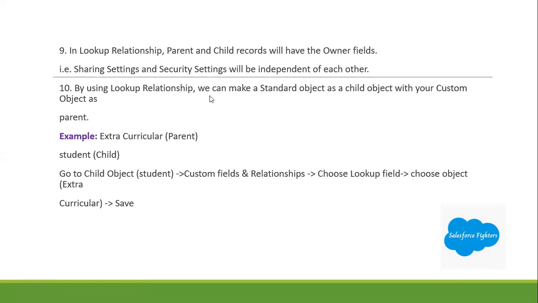By using lookup relationship, we can make a standard object the child object of a custom object. Parent example: Extra Calculator, parent, Student, child. Go to the child object, Student, custom fields, relationship, choose lookup field, choose object Extra Calculator,